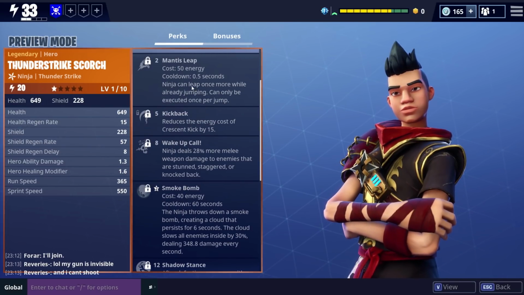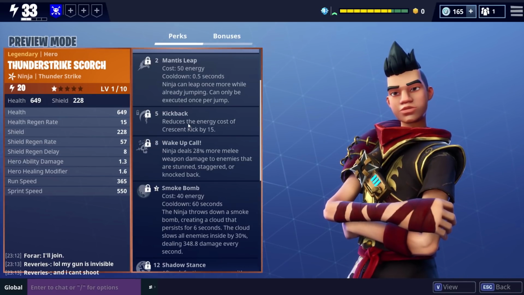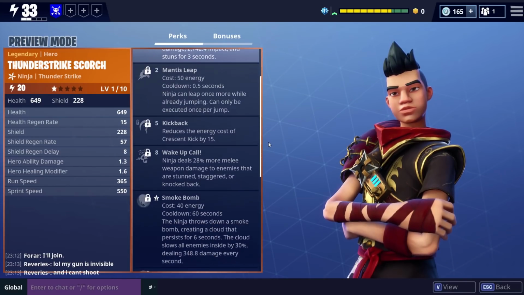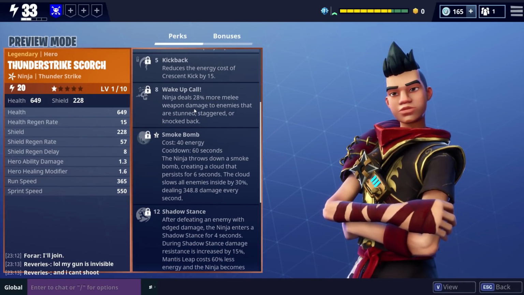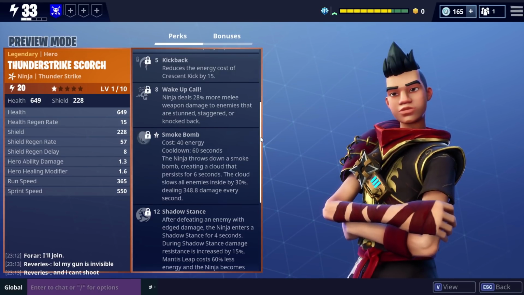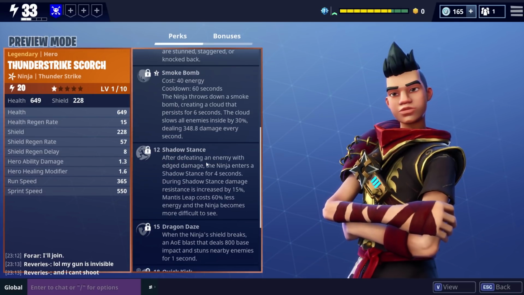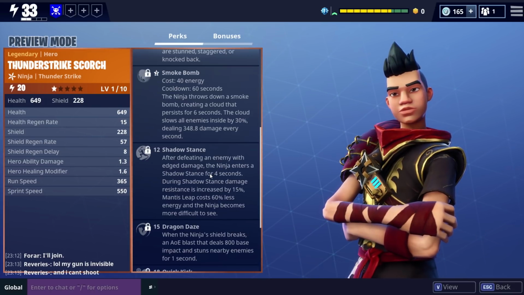Mantis Leap, so Ninja can leap one more tile jump in, so that's basically the double jump that you get. The Kickback, so reduce the energy cost of Crescent Kick, we've just been talking about that one there. Wake Up Call, so the Ninja does 28% more melee damage to enemies that are stunned, staggered, or knocked back. Smoke Bomb you get at rank 2. Shadow Stance, so after defeating an enemy with an edged damage, the ninja enters a shadow stance for 4 seconds,